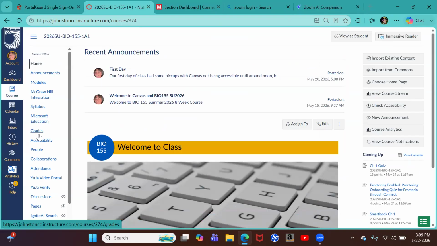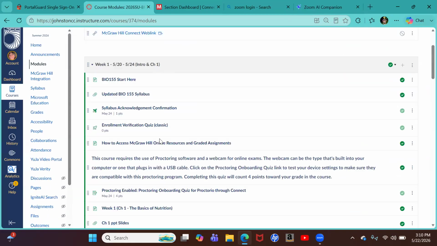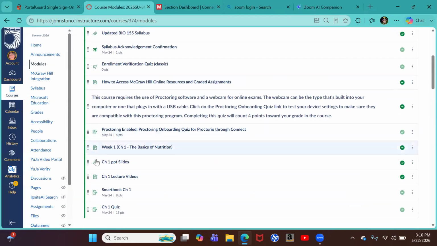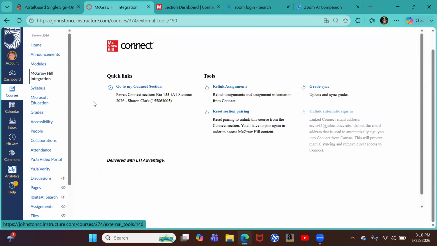You see the syllabus here, obviously, and your grades here. Those are going to be the main things you're going to enter into. You can also get to your graded assignments through McGraw-Hill Connect by clicking directly on the graded assignment or by going over here to the left-hand bar to the McGraw-Hill Integration tab, and it'll take you right to the section